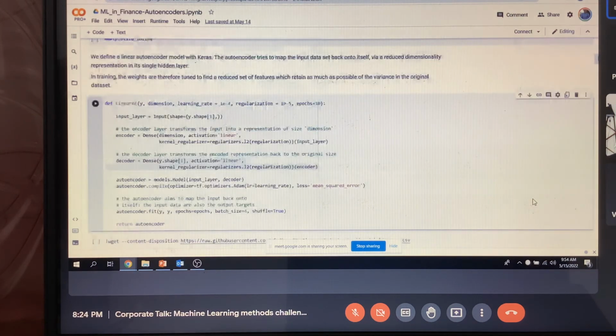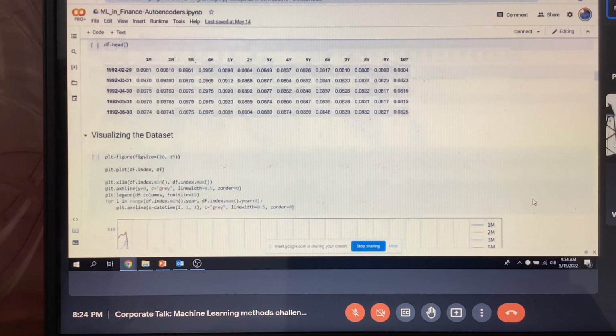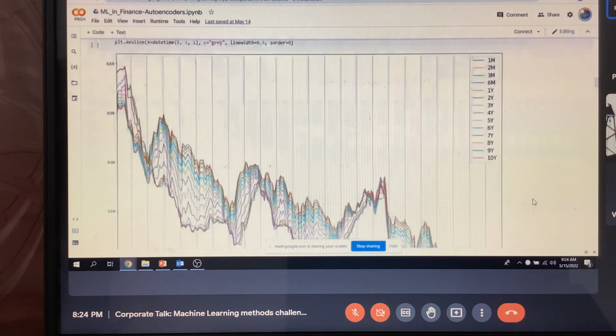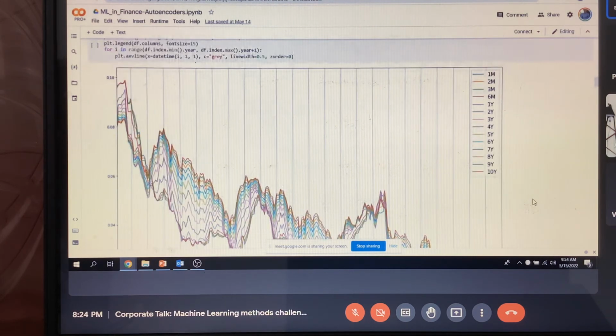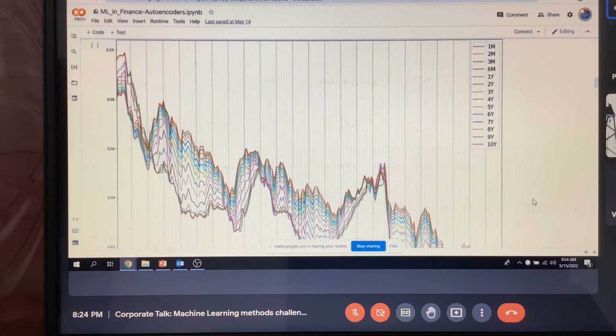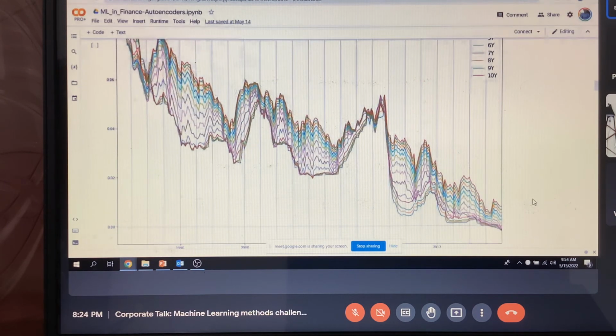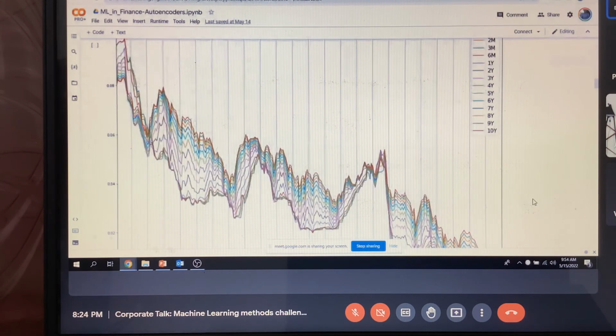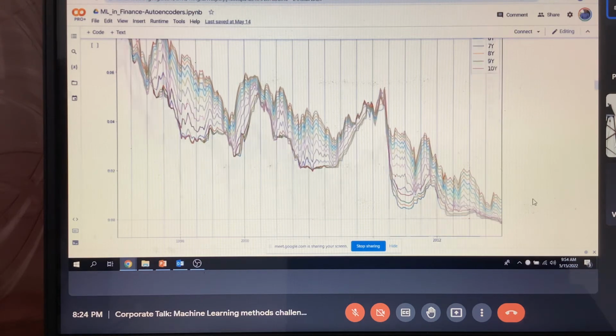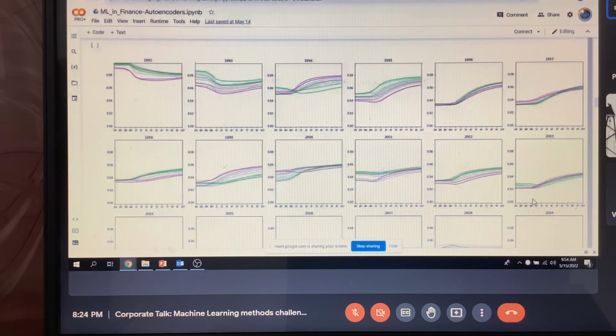And in this case, once again, this is the data. So this is a data of, I think, yield curves in finance. So this is a 1 month, 2 month, 3 month, 6 months, 1 year, 2 year, until 10 years. So these are interest rates for a year. This happens to be a bad time, as you know, the yield curve is going this way. It should be rising, right? So it is falling in this way, probably a bad time. Now, so these are the yield curves. And if you look at year-wise, these are the yield curves.